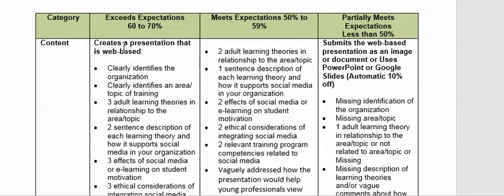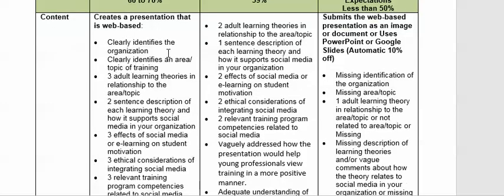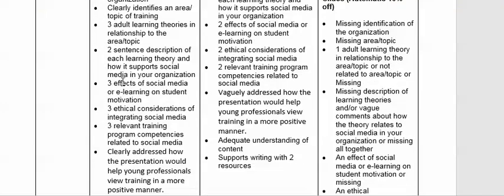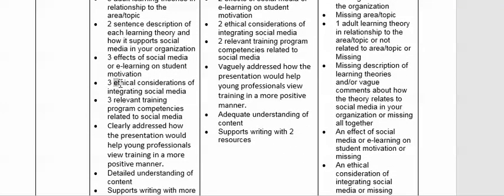And so these are basically the types of things. You clearly identify your organization. That puts things into context for me. Clearly identifies an area or topic of training, 3 adult learning theories as opposed to 2 or missing or 1 and that type of thing. And so this is the language that should be used in your presentation, because then it becomes crystal clear as